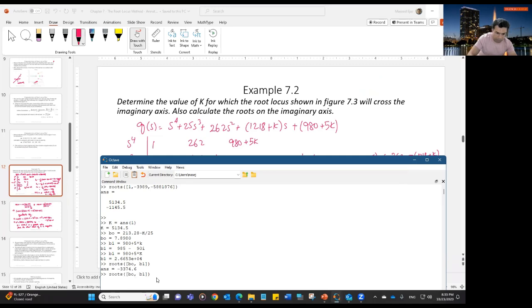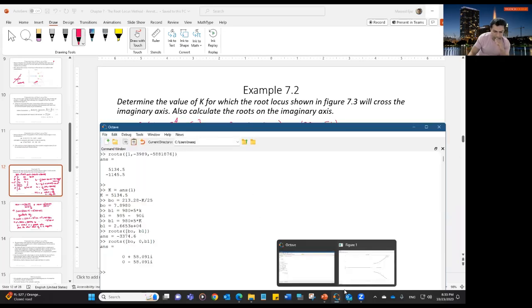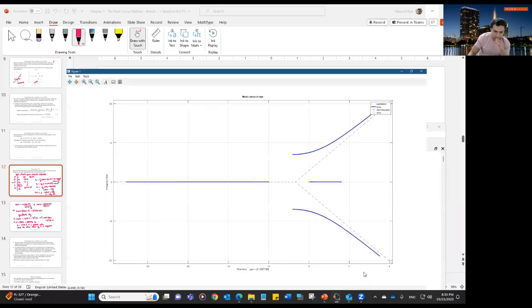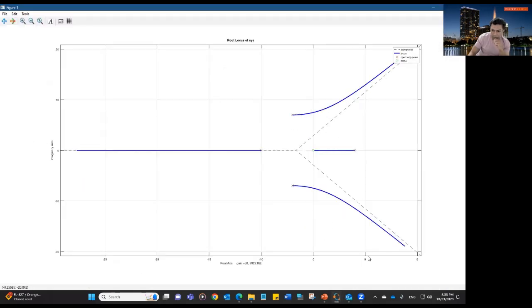Oh, no. Roots b naught, s square plus 0, s square plus 0 s plus b. Yeah, that's producing 58. That's not the correct value. So I have made some mistakes somewhere. That's producing 58. So that's showing me that the value of s is somewhere not here, but somewhere down here, even further down, 15. But here, the value of S from the graph, which is easy to see, is